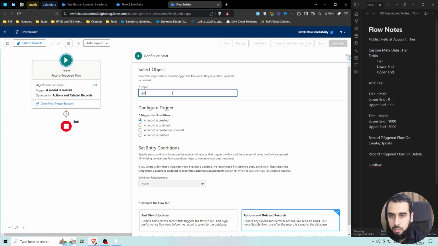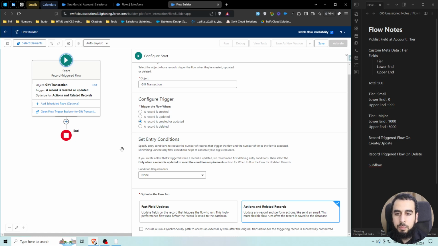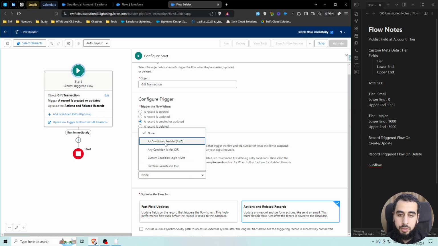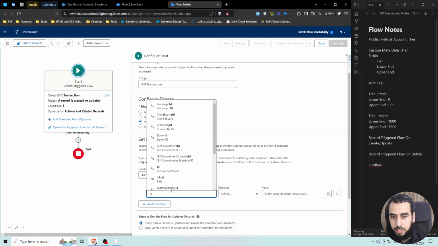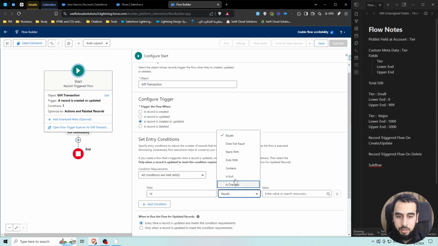We're gonna set this on gift transaction whenever it gets created or updated. Now, I want it to run whenever there are like 2 sets of conditions. I want it to run if it's new, and if I were to do this and I set the ID of the gift, the ID is null true,